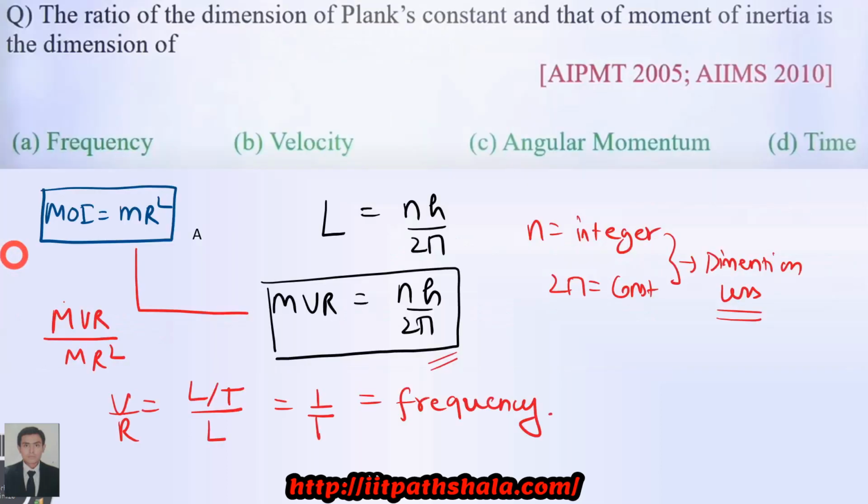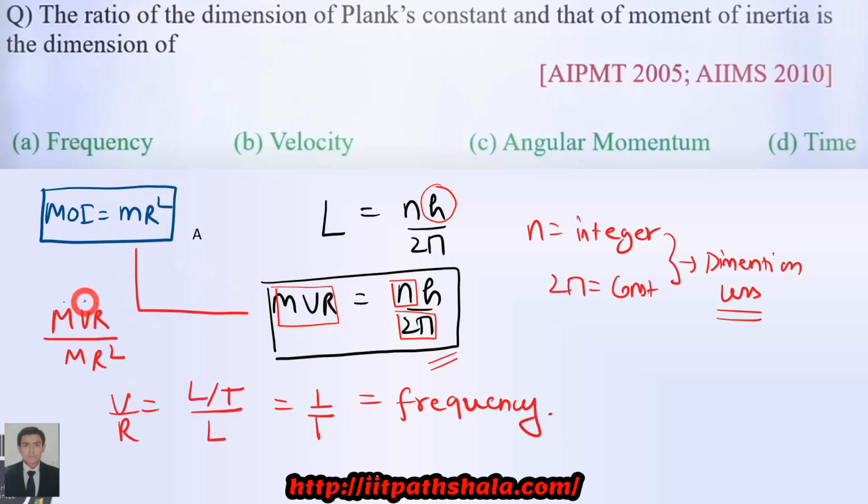Now in the following question, you are being asked about the ratio of Planck's constant to that of moment of inertia. Now as you know, my angular momentum is nothing but nh over 2 pi, where h is Planck's constant, and moment of inertia is nothing but mr square. Okay, find out the ratio of the following, which is mvr by mr square. Now you have to remember that this n is nothing but an integral number, 2 pi is nothing but a constant, both are dimensionless. So what I am doing over here is I am having the ratio of mvr, which is my angular momentum, with that of mr square over here.